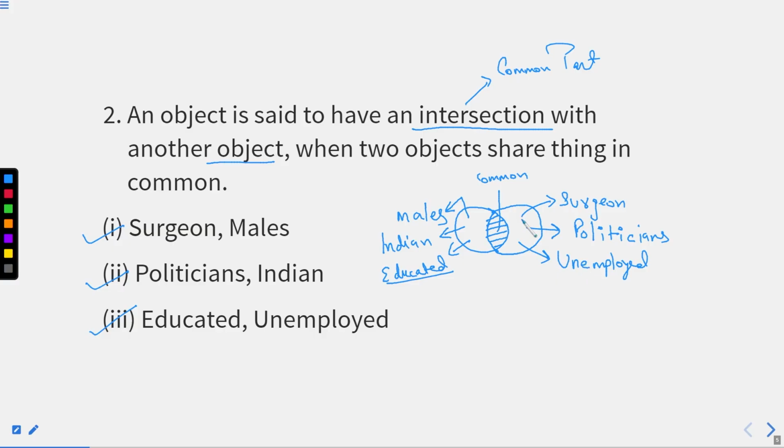So there are many people who are not educated and unemployed, represented by this side, and those who are educated but not getting any job as of now will be represented by this part, and those who are educated as well as employed will be represented by this part. So this is a simple Venn diagram representation. I hope this complete thing is understandable. Whenever you are reading anything, you must know how to make a Venn diagram of that particular thing. Right now we are dealing with some basic things so that the basic concept behind it is clear to you all, right?